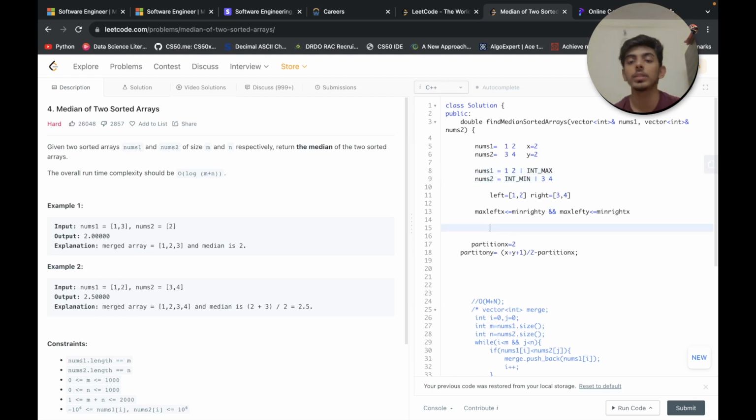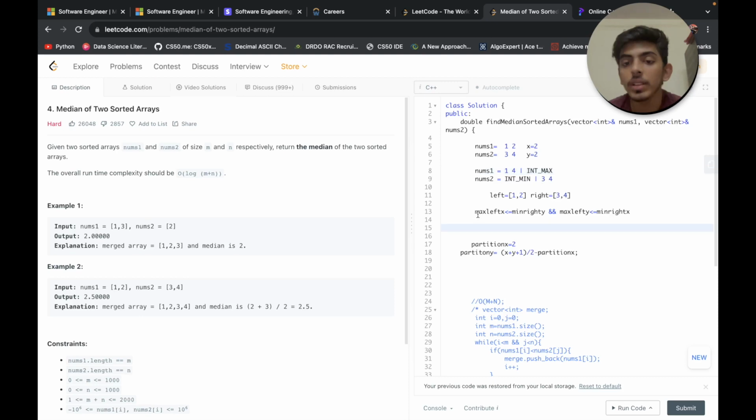After that, this is the condition. If this is not the case, for example 2 is not lesser than 3 and this is not lesser than this, then we have one condition where this is greater than this. Let's say we have 4 over here. 4 is greater than 3, so max of left x is greater than 3, right?